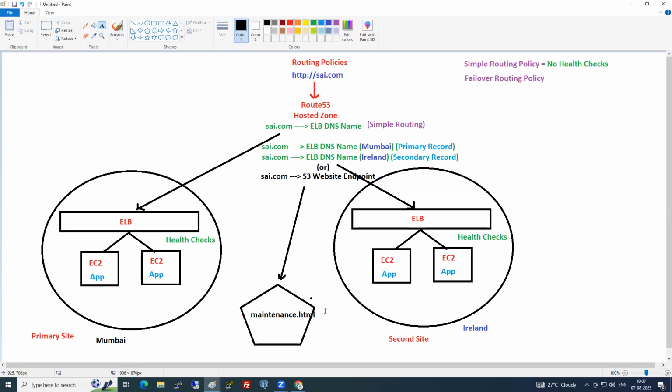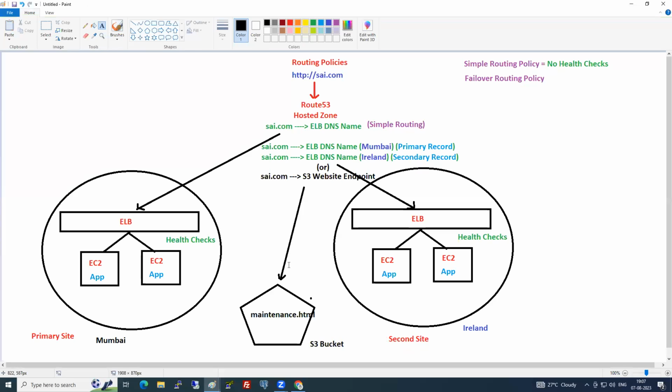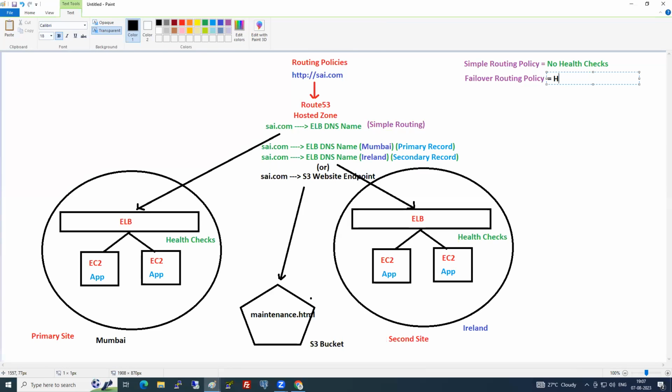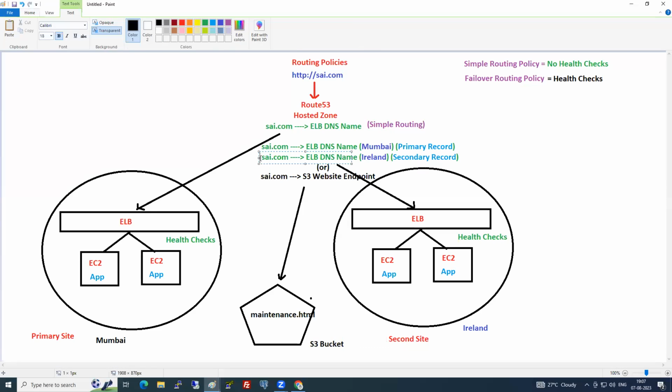So guys, however you want to use it, you can architect it. Do you all understand how I architected it here? Number 1, which routing policy? Simple routing policy. Do we have any health checks in simple routing policy? No, but failover routing policy has health checks. Yes, definitely health checks. So just in case my primary record sai.com is down, automatically Route 53 will check, oh, I have a secondary record, so I'll send it to the secondary record.